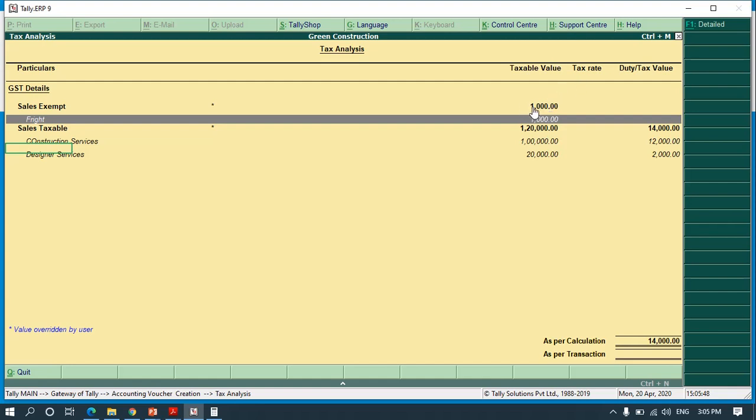So whenever the transaction value is more than 1,500, we need to show it as sales taxable. Whenever it is less than 1,500, we need to show it as exempted sales. Although we have defined a tax of 5% on the freight charges, the system will not calculate the tax.